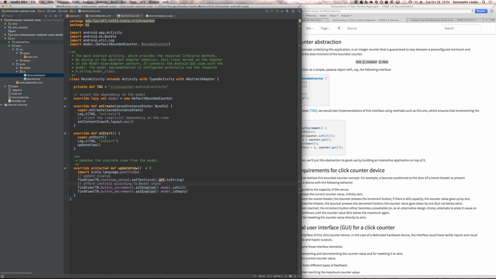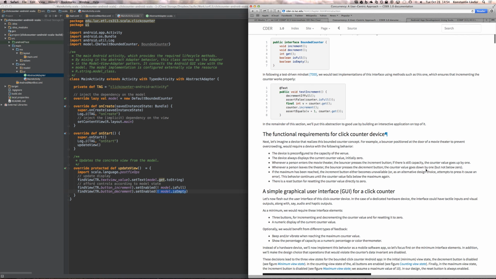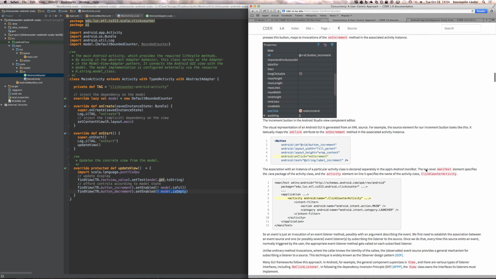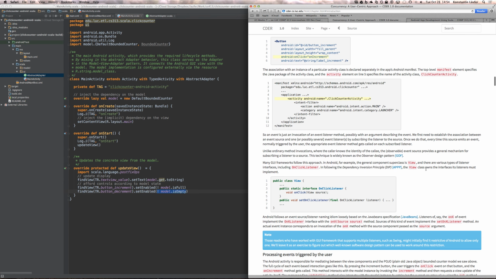And then the other thing that we're doing as we're updating the view is enable or disable some of the buttons depending on the abstract model state. So we'll say, well, if the model is full, then we should disable the increment button, and if the model is empty, we should disable the decrement button. So that's what the update view does. Okay. So all of this is described here,